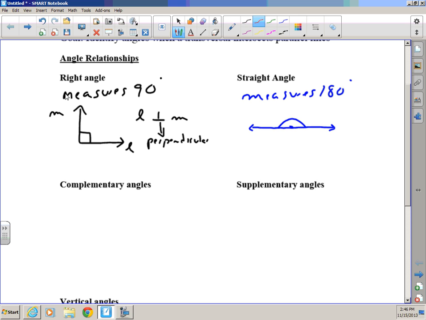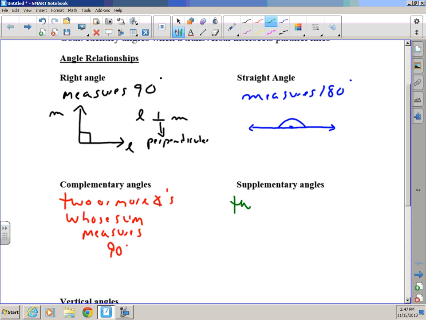Complementary angles are two or more angles whose sum measures 90 degrees. Okay? So as opposed to a right angle, which is just one, to be complementary, I need two or more. And then on the flip side, supplementary is two or more angles whose sum